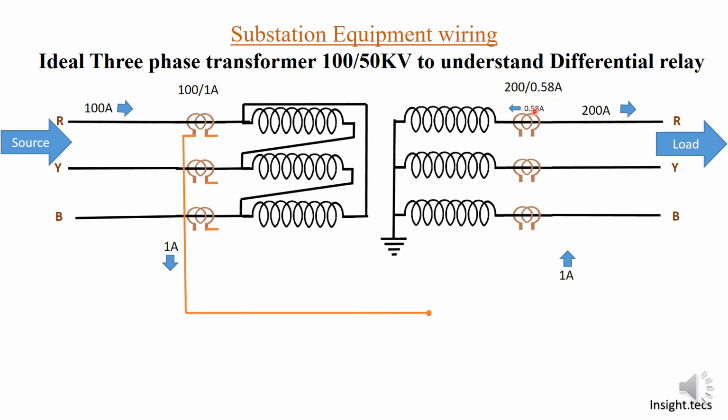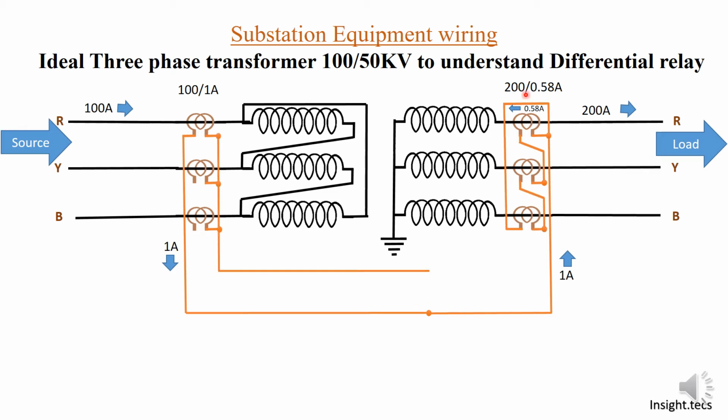Now if this is my phase current, my line current will be 1 ampere if I connect these 3 CTs in the delta connection. So now let us understand the connection of R phase first. You can see this connection. The 3 CTs of the secondary are connected in delta, having a phase current of 0.58 ampere, which means the line current I am getting is 1 ampere, which is similar to the 1 ampere in the primary, in magnitude and also in phase.